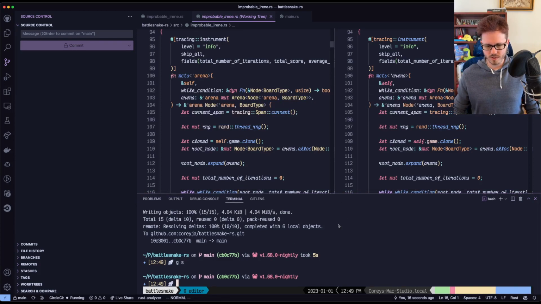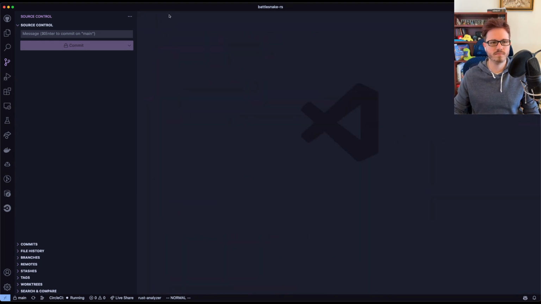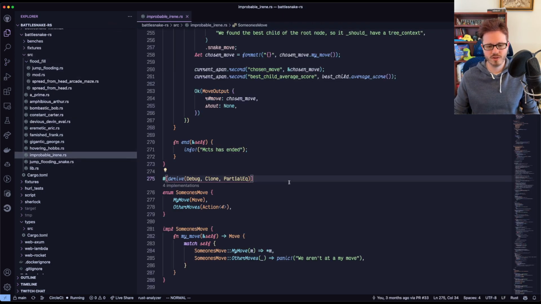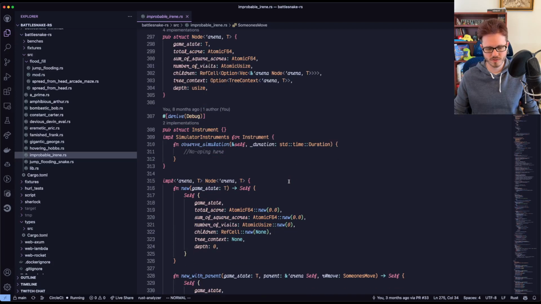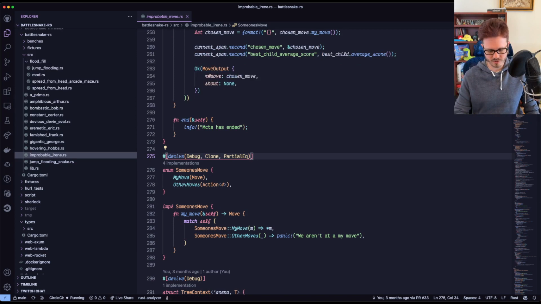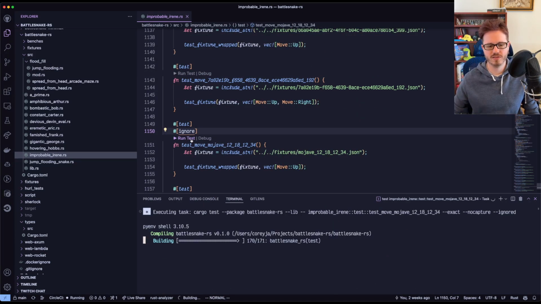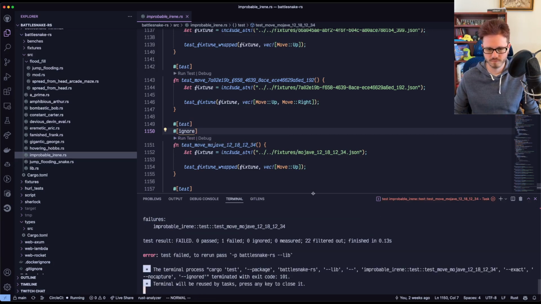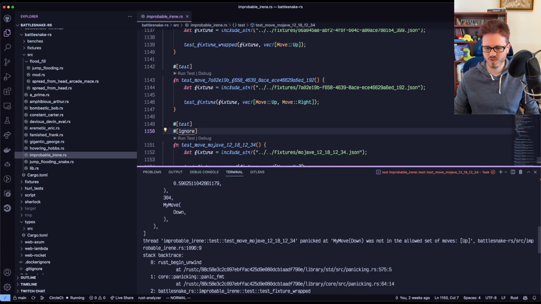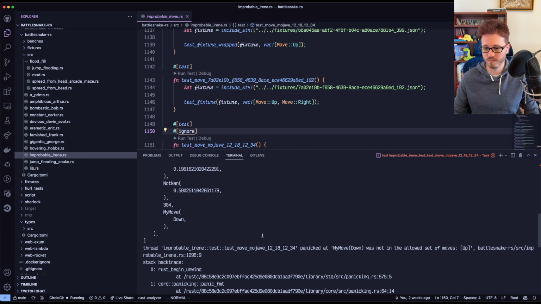Yeah, and let's see, what do we want to look at? Okay, so let's just look at Irene. We don't have any specific... Do we have any ignored tests? Yeah, we do. We have one ignored test. Okay, let's run this a few times. Let's see what's going on here. Down is not in the allowed. My move down is not up. Yep,